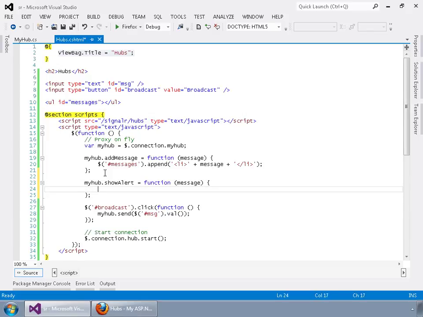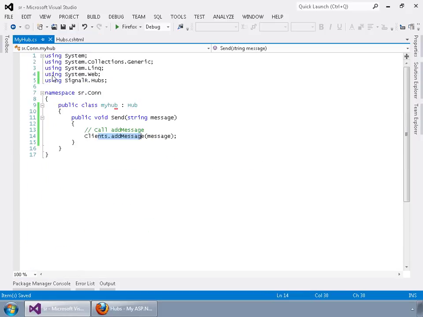This is going to be another example of calling a custom function from the server side. So messages, actually I don't want to append that. I just want to do an alert. Message. Okay. So now I'm going to go to our hub class